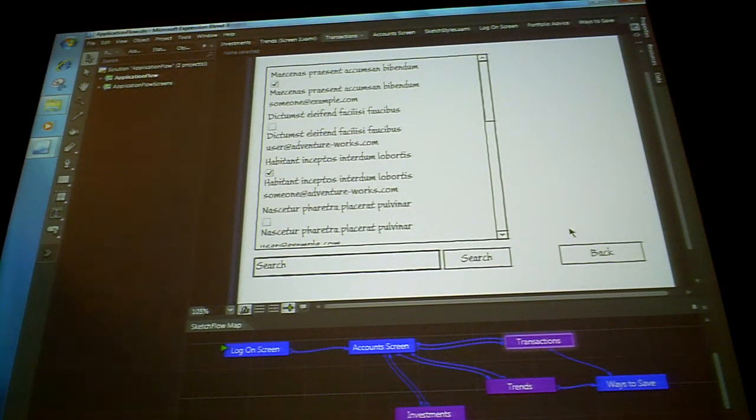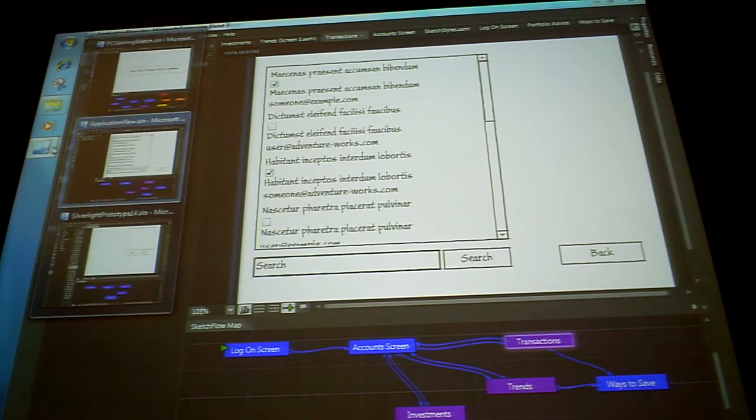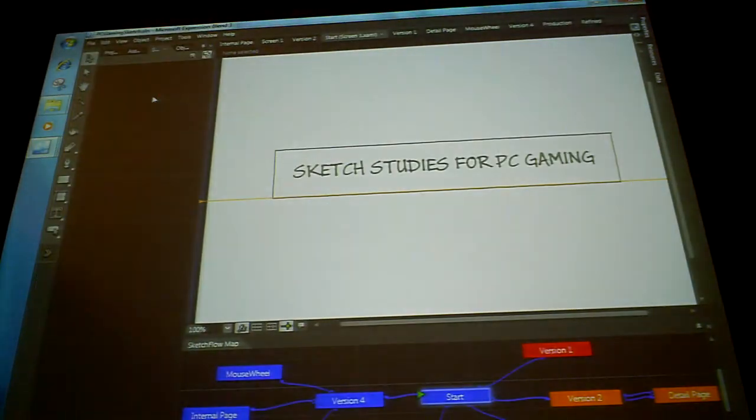So a very, very flexible way of working. What we're going to do in the next section is just have a look at a slightly different way of using SketchFlow. In this particular example, my designer has been producing some old-fashioned design, using pen and paper, producing stuff like this. And the great thing about doing prototypes on paper is they're very fast and cheap. And if you get it wrong, well, it doesn't matter because you can just literally throw it away,